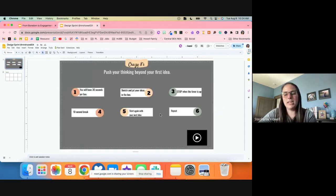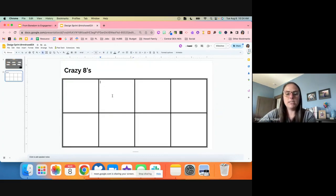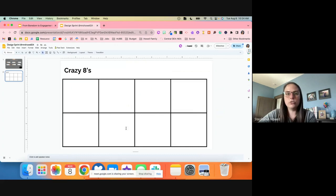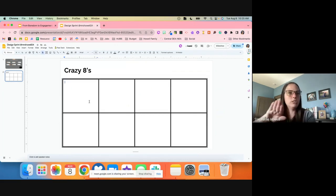This timer right here has 30 seconds, then a 10-second break, and then it starts up again with 30 seconds. Every box is 30 seconds, one idea per box. When students finish that timer, they stop, take a 10-second break, and go on to the next box until we're out of ideas. Students can draw their ideas, they can sketch them. Maybe you're having recess issues or some type of issue. Have your students do a crazy 8 to help with that ownership